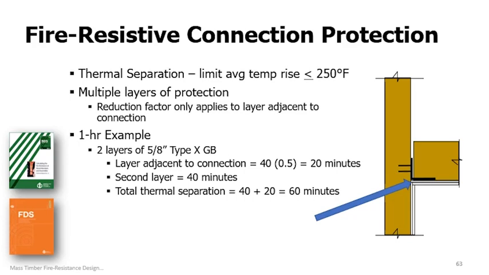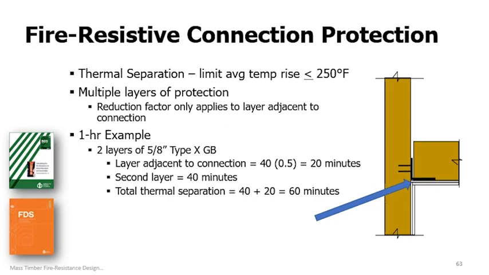So in this example, which is similar to the previous one except that 2 layers of gypsum board are used instead of just a single one on the ceiling, the 0.5 factor would only be applied to one of these layers. It would be applied to the one directly adjacent to the protected element. In other words,